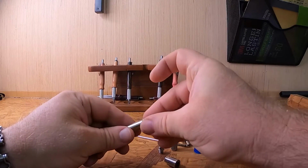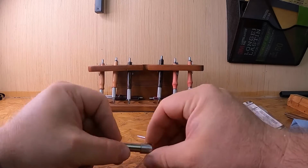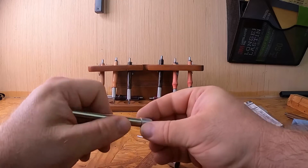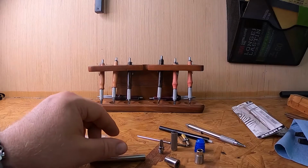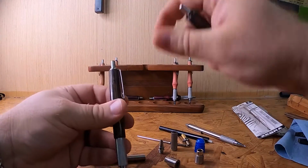So, as you can see, that just barely fits in there. But it's going to give you a bit of a lip. And that's what you're going to work with when you're turning these so you don't cut too close. And what I ended up with after the fact, and we can see it on this set, where I ended